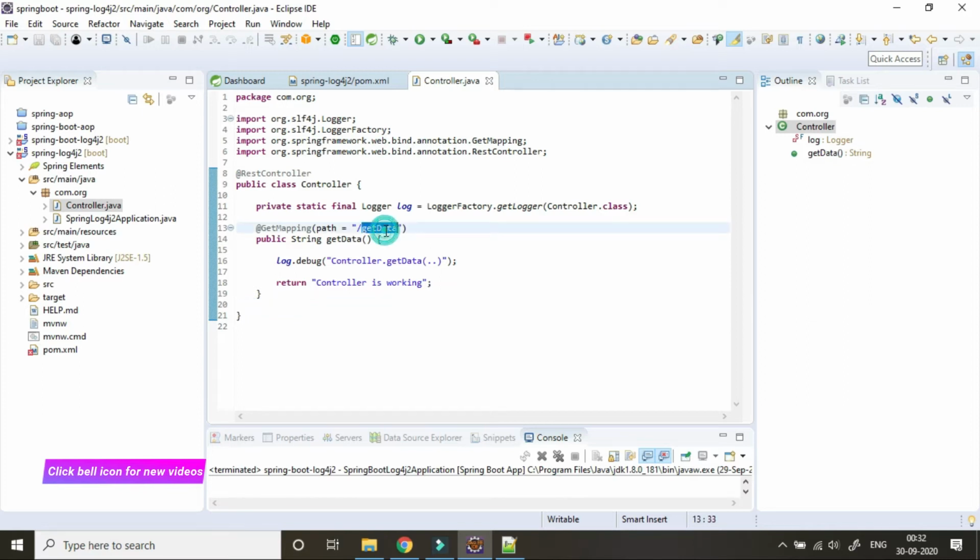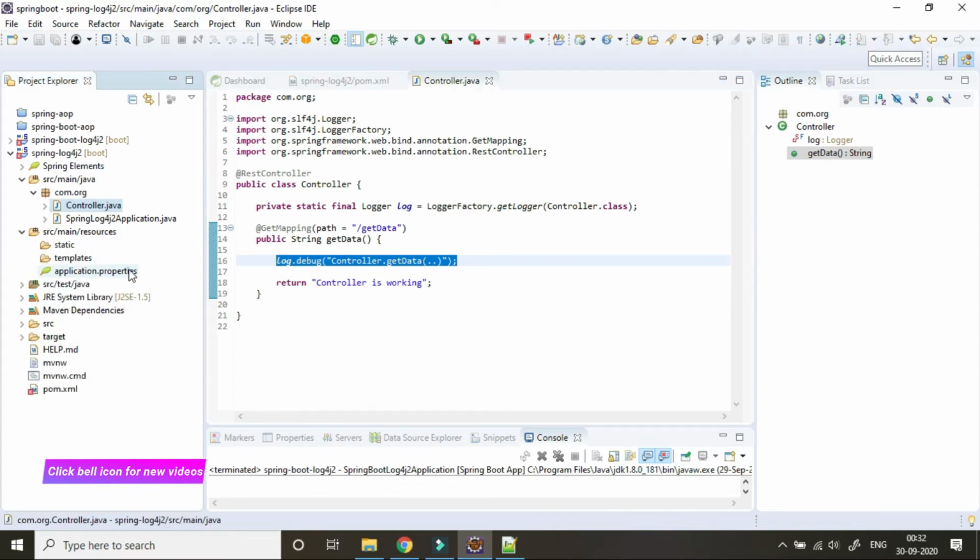Once this endpoint is called, this logger statement should display. For that we need a configuration file. We can configure Log4j in different ways: using application properties directly, or we can put a log4j.xml file or a log4j.yml file. But for this example we will use a log4j.xml file. For that we already have a sample file which we will use.